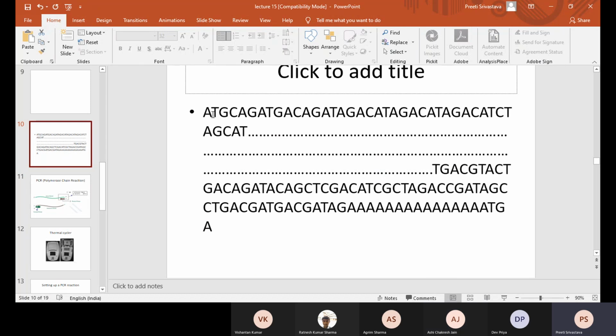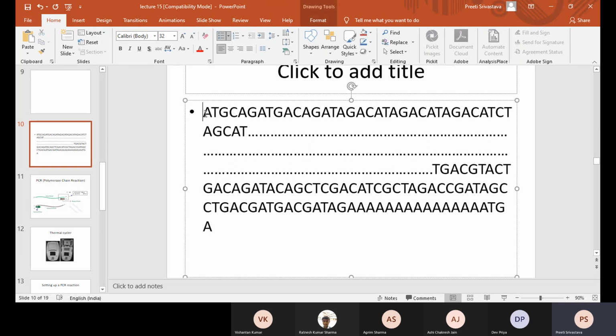So let's go back to this sequence. If we need to design the primer for this, how are we going to do it? Let me write forward primer. Let's attempt it. Design forward primer. So these primers you will have to design.